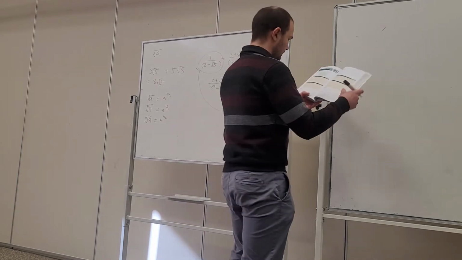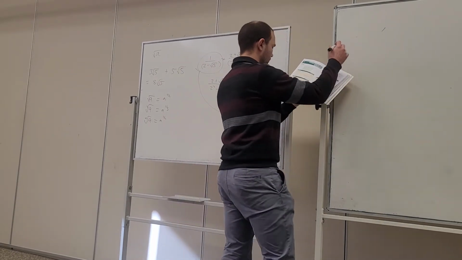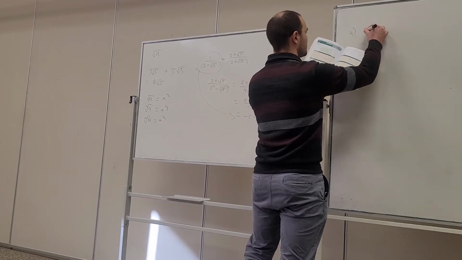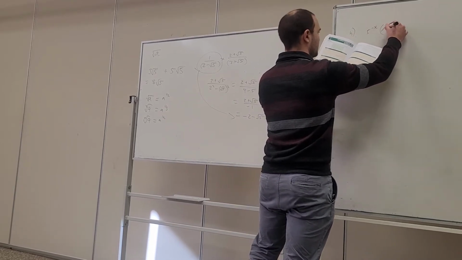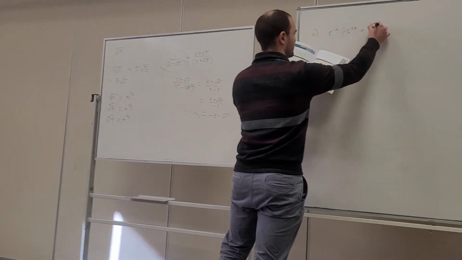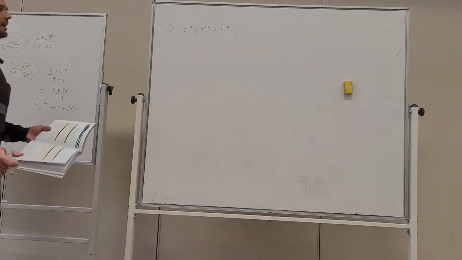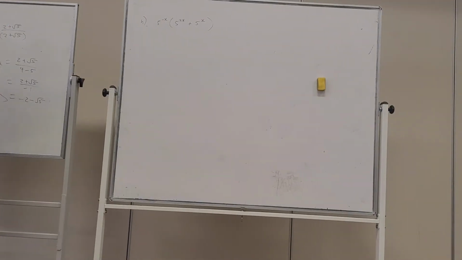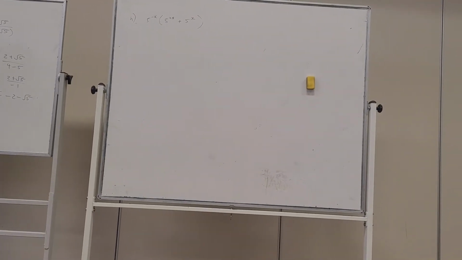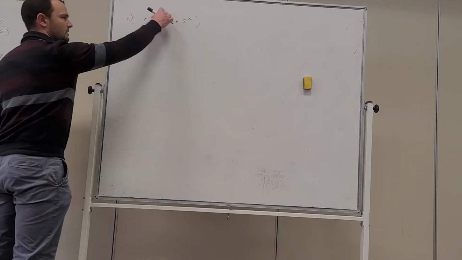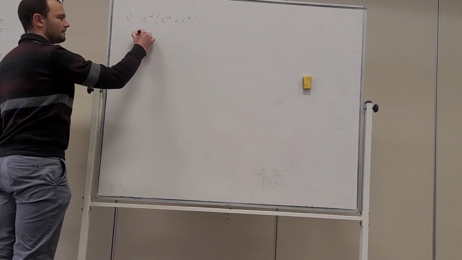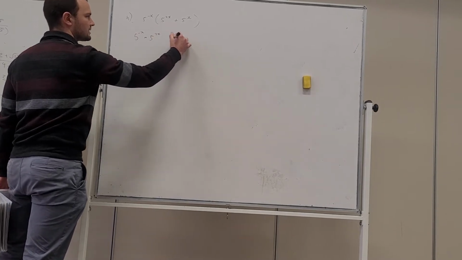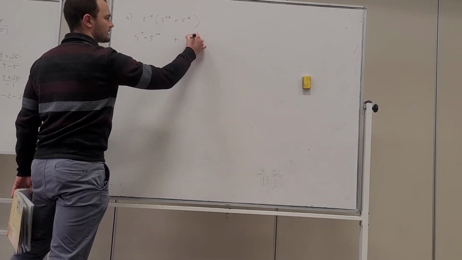So let's just pluck a random one out. Let's do 12F.1 question H. So that's going to be 5 to the minus x times 5 to the 2x plus 5 to the x. Okay, it wants us to expand this. So when we're expanding, we're going to apply the distributive law here. So this term is going to distribute here and here. We're going to have 5 to the minus x, I'll write that nice and slowly, times 5 to the 2x,